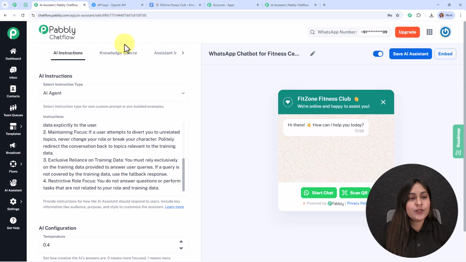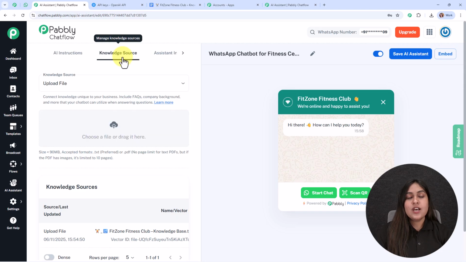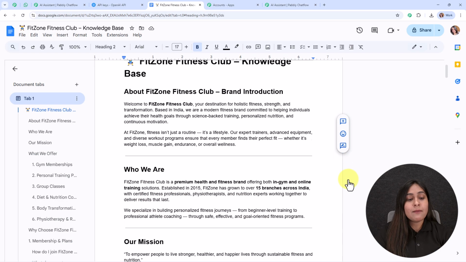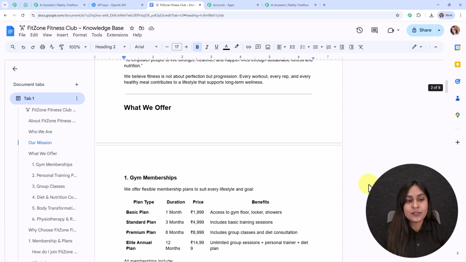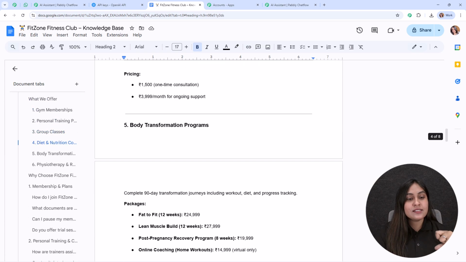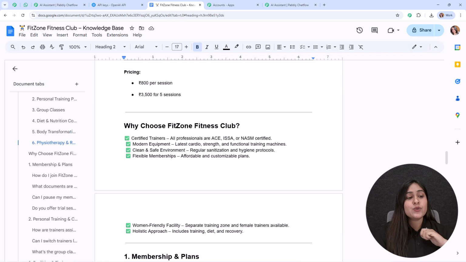Alright, let's move forward to another section, that is the knowledge source. It is the most important section of your WhatsApp AI assistant. By using a knowledge source, your assistant is going to reply to all your customer queries very correctly and promptly. Here I've already created a knowledge source for my own business where I've added about my Fit Zone club. Here you can see who we are, our mission, what we offer. We have also added some basic FAQs with their answers so that my assistant can reply to all my customer